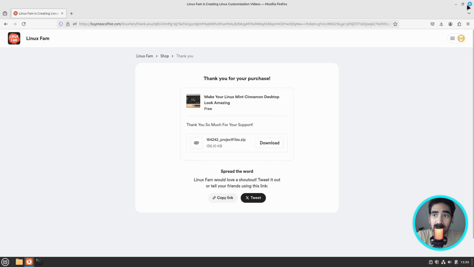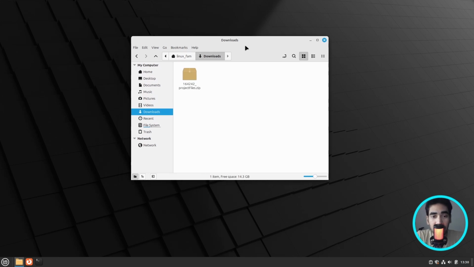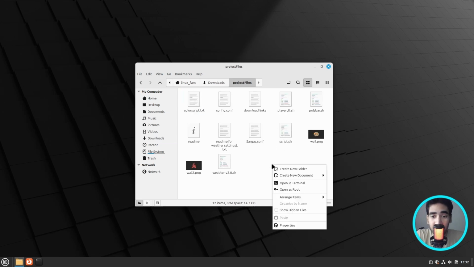And so after you download the project file, you can close the browser. So go to the downloads directory, and then here just extract the project file, the zip file, and then you can delete the zip file. And here just have to make sure one thing, and that is you have to keep the project file inside the downloads directory. So it has to look like this. If you go to downloads, and then you'll find the project file. So just right click on an empty space and click on open in terminal,